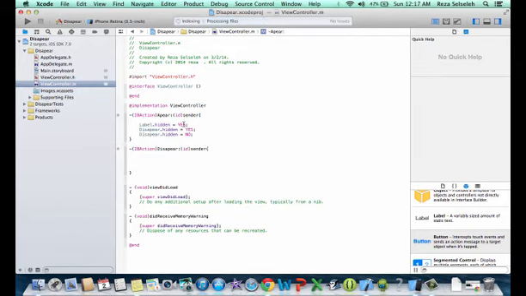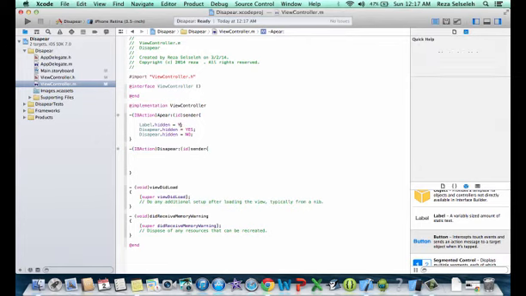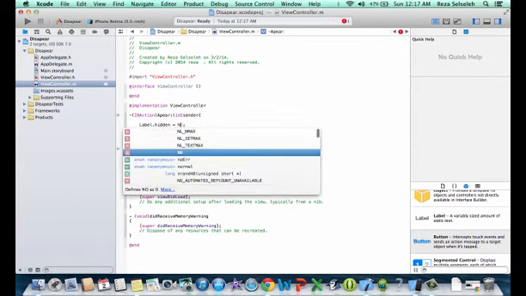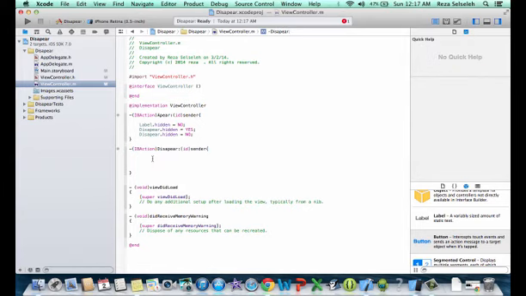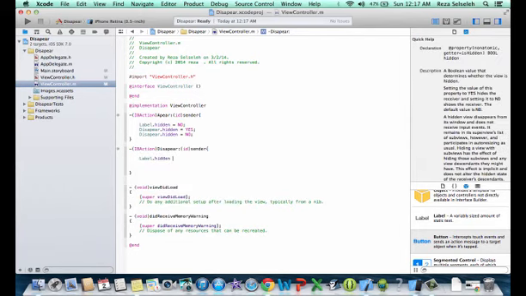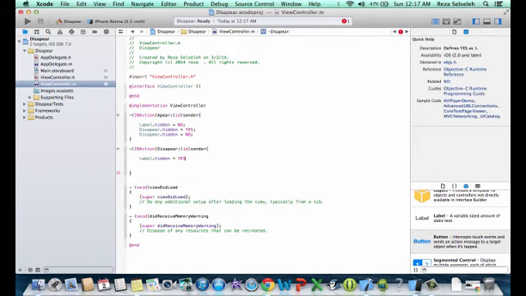And here I made a mistake. So the label.hidden is supposed to be no, because we don't want the appear button to disappear our label. So we're just gonna say no. My bad. So here we're gonna go to our disappear button. We're gonna do the same thing. So here is kind of the opposite. So we're just gonna say label.hidden equals yes, semicolon,